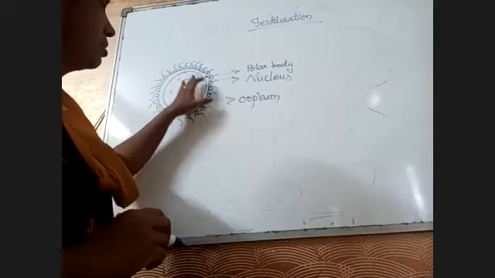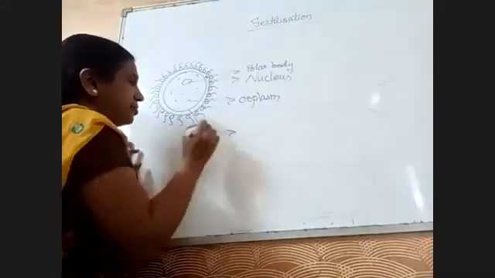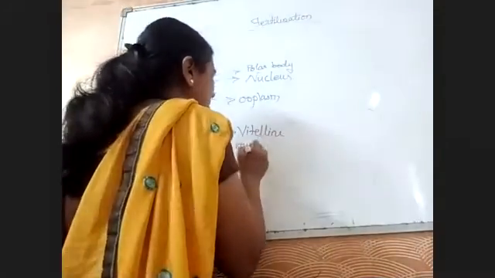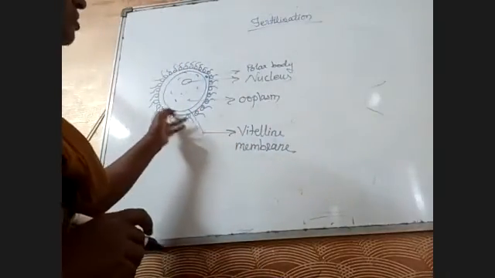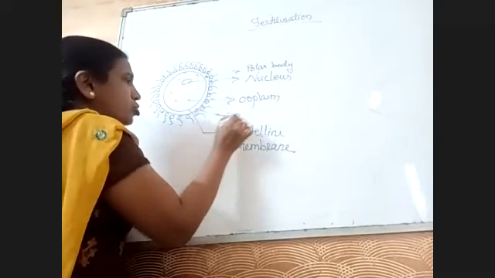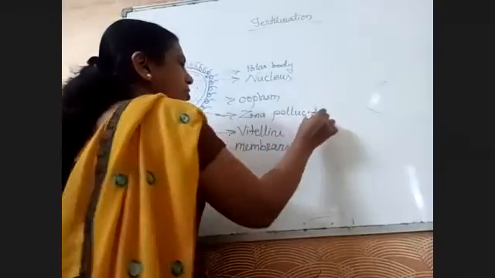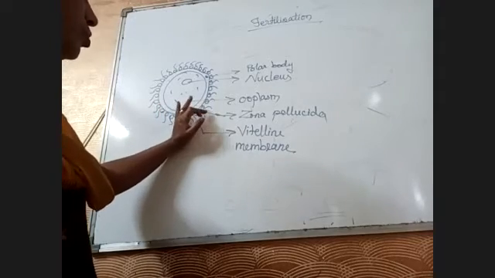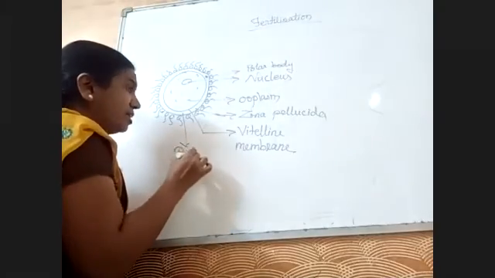The nucleus and the cytoplasm are covered by three layers. The innermost layer is called the Wittline membrane. This Wittline membrane is very thin and delicate. It is covered by the next layer, which is called the zona pellucida. In between the Wittline membrane and the zona pellucida, we can see a space. This space is called the periwittline space,